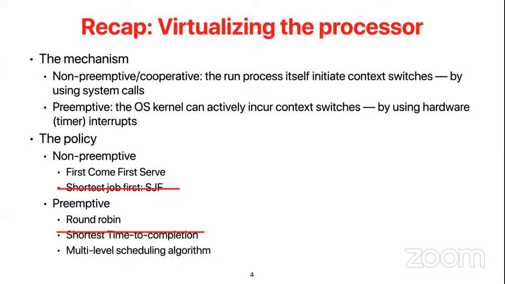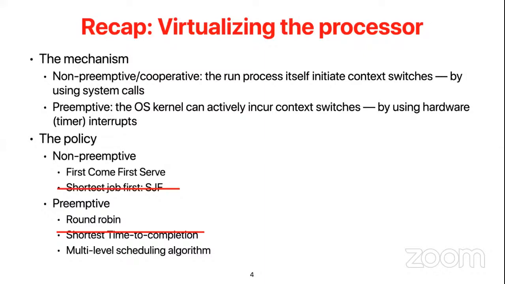Like for round robin, we talked about the saturation problem, where when you have way too many processes, it's almost impossible for your program to get a chance to make progress, because the scheduling quantum for each process is just too short for you to warm up and complete your task.